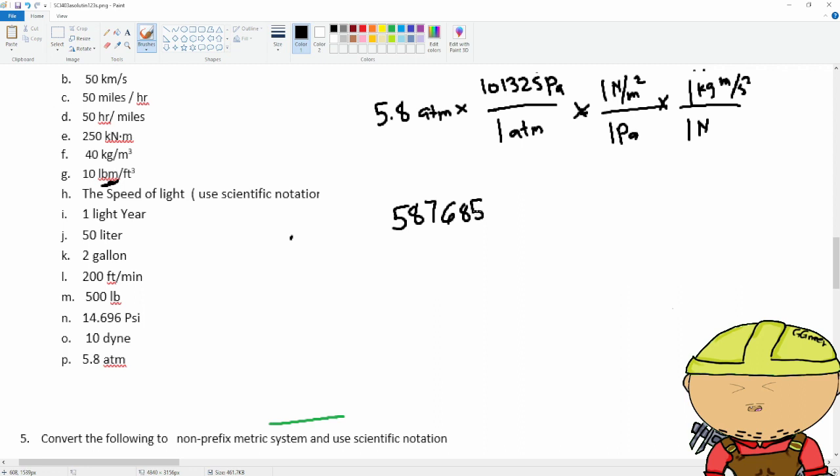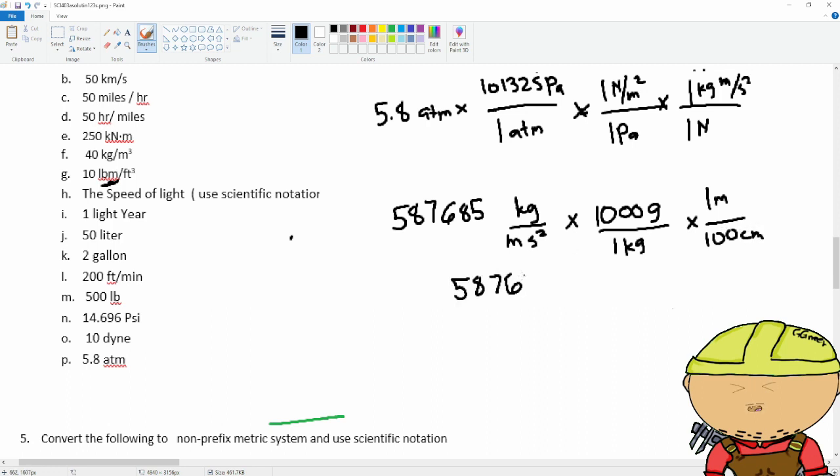That is the value or the magnitude. The unit will become kilogram per meter second squared. And that is MKS. Times 1,000 gram per 1 kilogram times 1 meter per 100 centimeter, which is 1,000 divided by 100 is 10. Times 10 will become